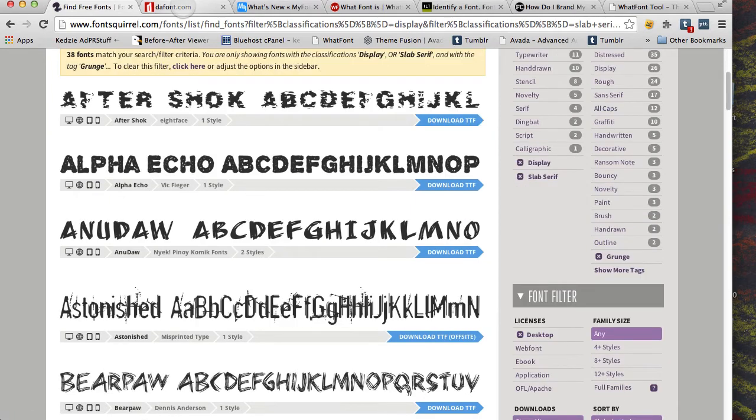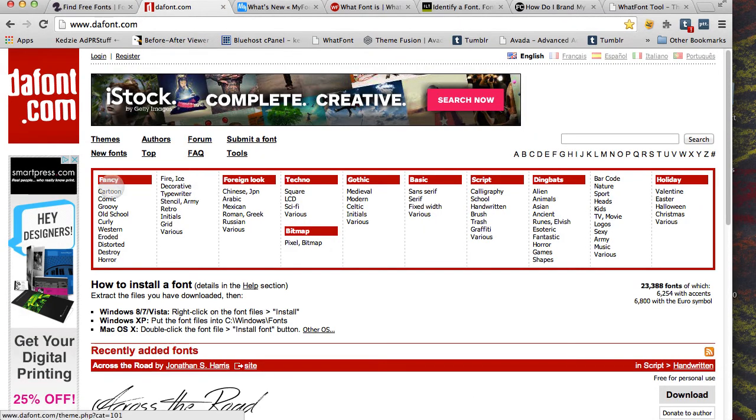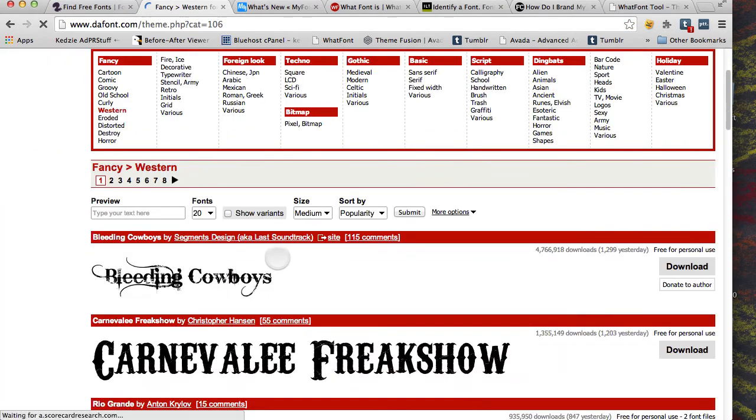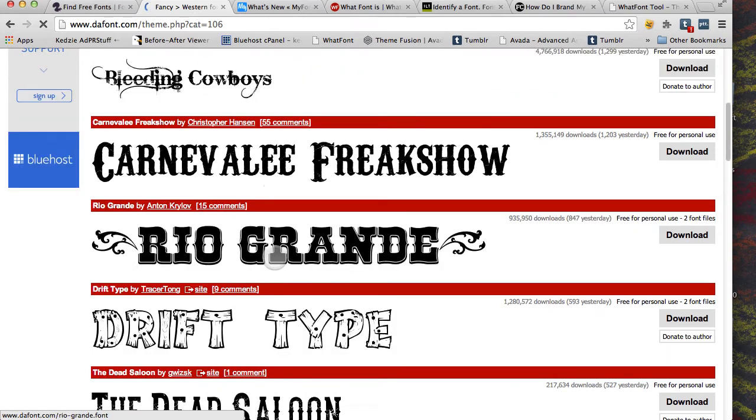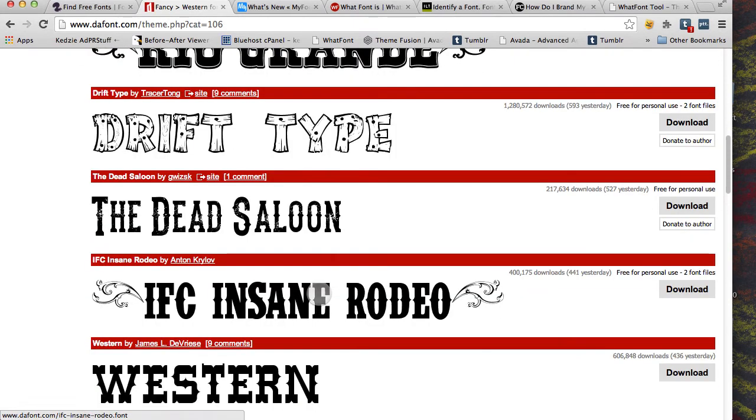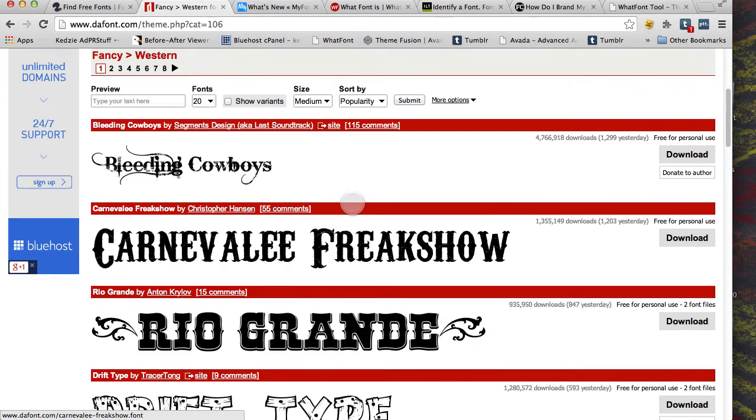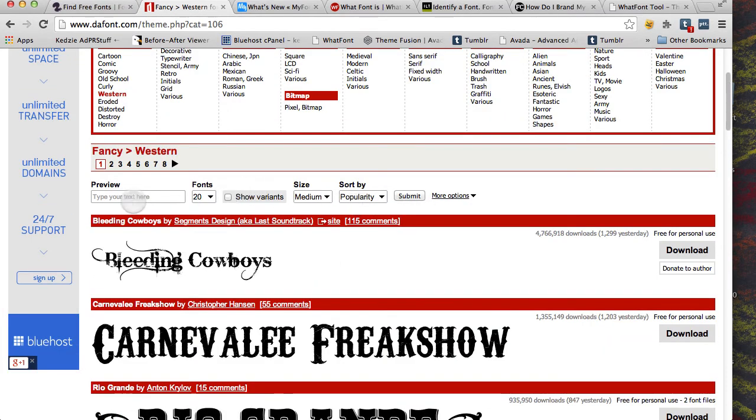Another one that's similar to it is DaFont. Again, they have all these different categories. Under the fancy one, cartoon, groovy, old school, western. That sounds like a great place to start. I click on the western and I can see all the different versions they've got that are based on those type of things. I can come back in, and up here in the preview button,